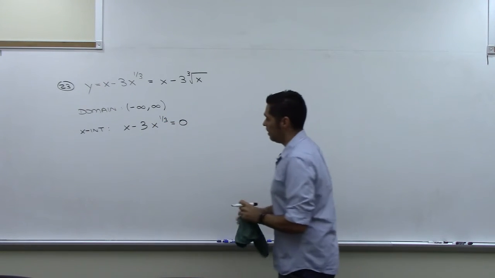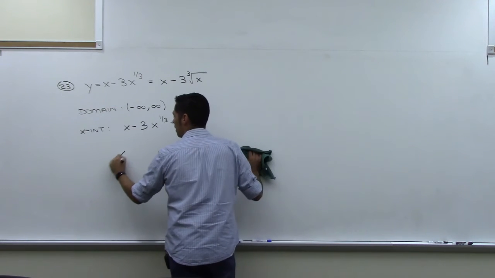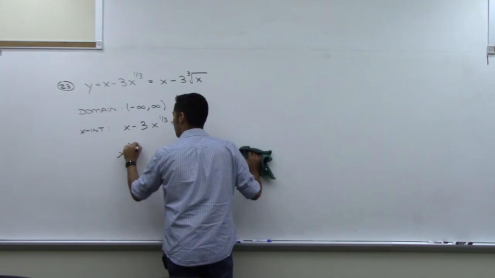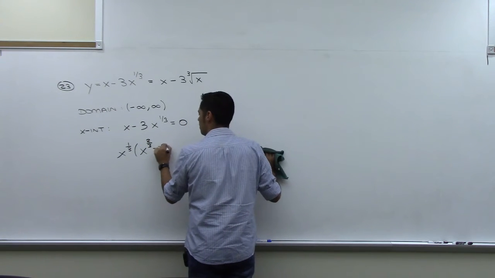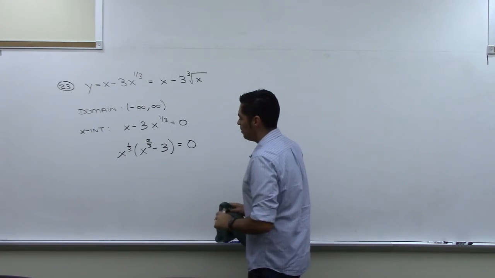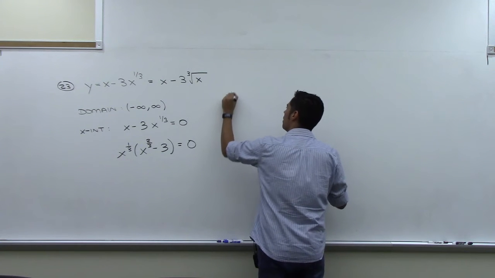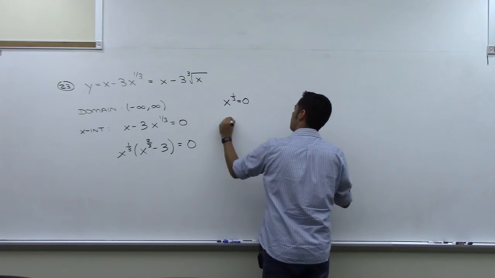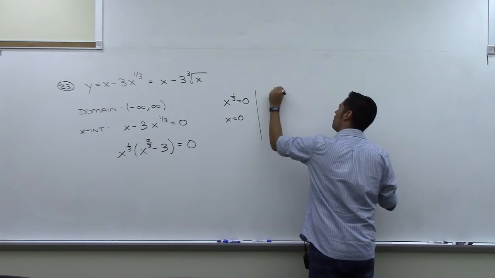well, I can do a couple of things. I can factor out the GCF, which would be x to the 1/3, and be left with x to the 2/3 minus 3 equals 0. And then I can set each of these factors equal to 0. So when I set the first factor equal to 0, of course I get just 0. When I set the second factor equal to 0,